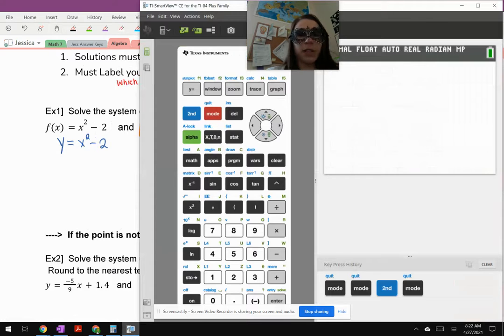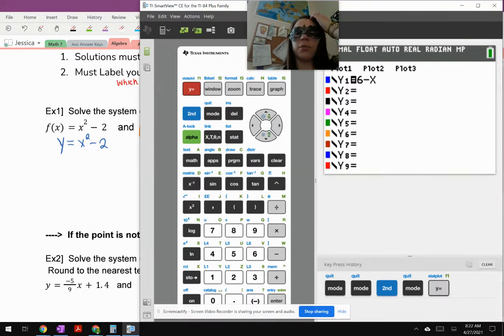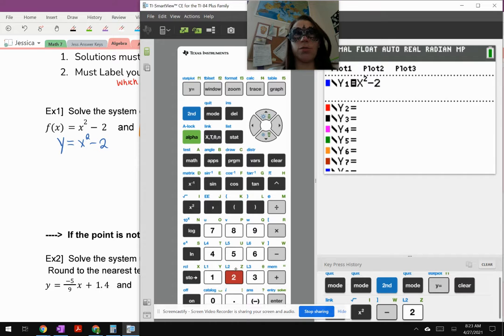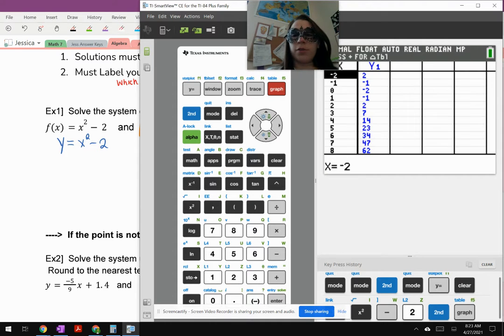Okay, so now for this next one, because it's not a normal equation I'm used to, it's not a linear equation, I can go ahead and plug that into my calculator. I'm going to clear out that y equals first, and then I'm going to go ahead and plug in x squared minus 2. And I'm going to take a look at the table for some points